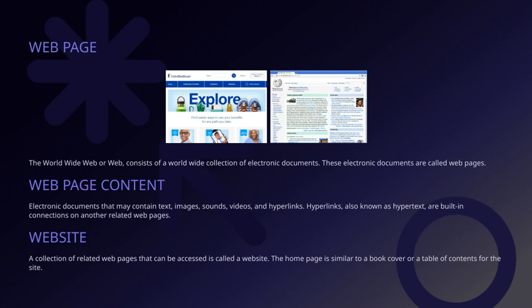Moving on, when we talk about a collection of related web pages that are linked together, and can be accessed as a single entity, we call that a website. Think of a website like a book. The homepage acts like the cover or the table of contents, giving you an overview and guiding you to different